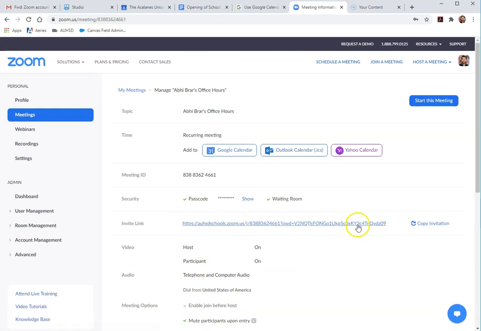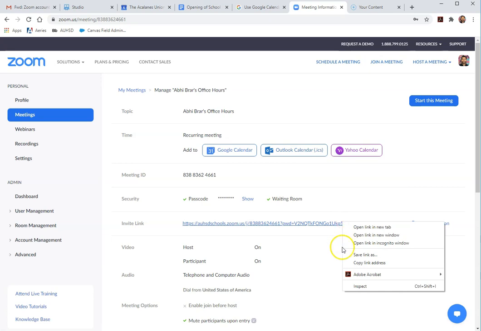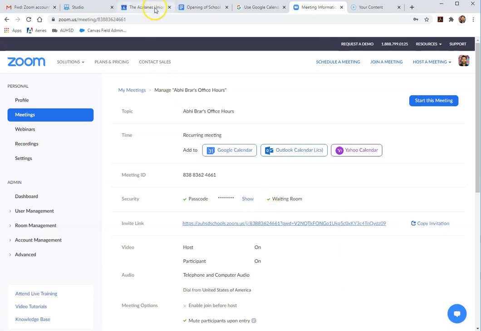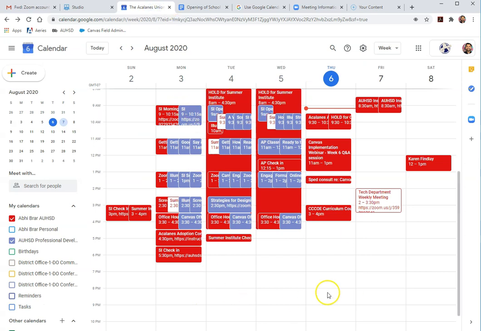You'll get a URL here, and this is what we want to copy and have available for us so that we can use that in our Google Calendar. So I'm going to copy that on my keyboard. I'm just going to press Control-C, or I can just hover over the link and right-click on it and click on Copy Link Address. Now I come to my Google Calendar, and it's a messy calendar, but I find my